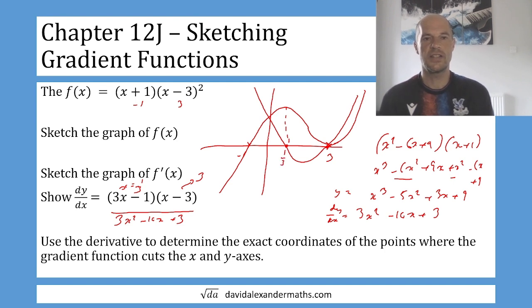And the y-intercept will be plus 3. So this point here is 0, 3. There we go. So they are the exact coordinates where the gradient function cuts both axes. Actually, we should probably write